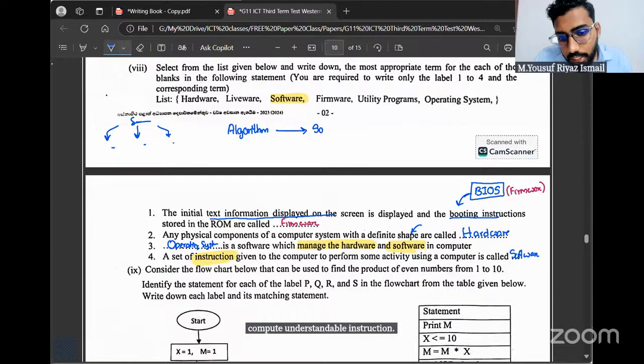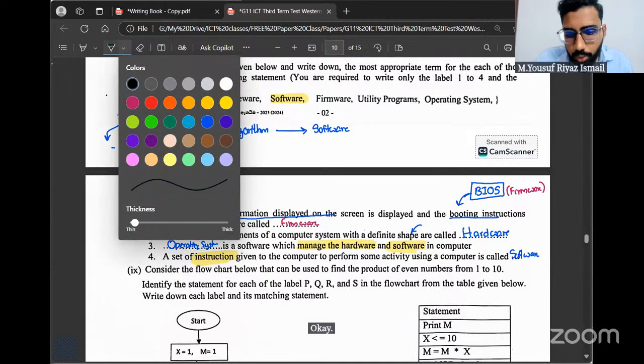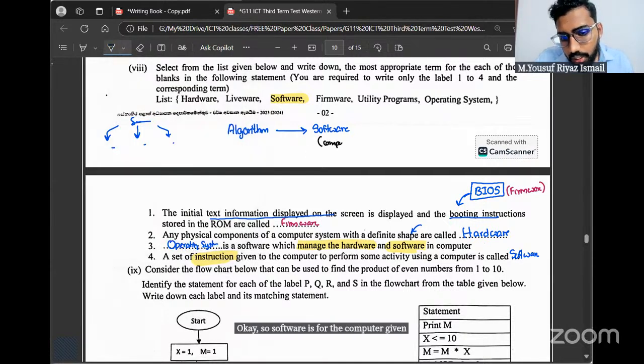And that instruction that the computer can understand is what we normally call software. So software is for the computer; algorithm is mainly for humans. Got it?